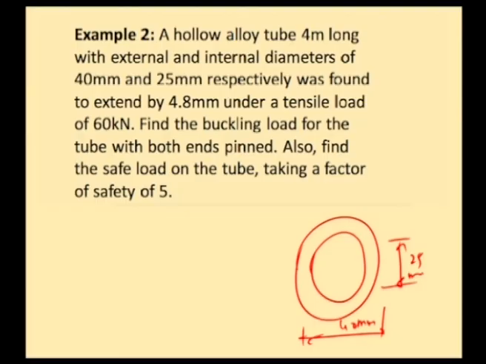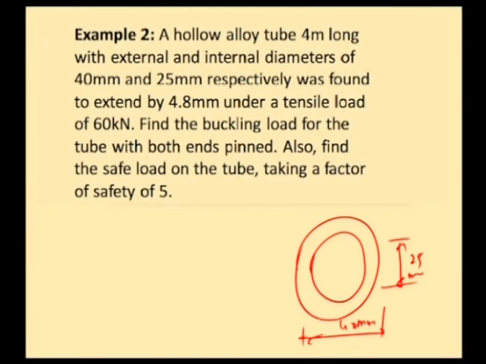Find the buckling load for the tube with both ends pinned. Pinned means it is hinged. Also find the safe load on the tube taking a factor of safety of 5. So, we have a hollow steel tube and the general formula is pi squared E I